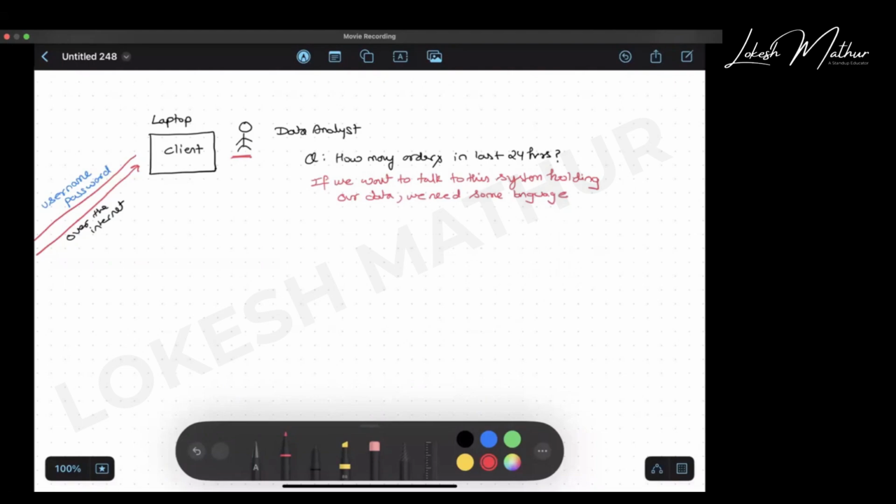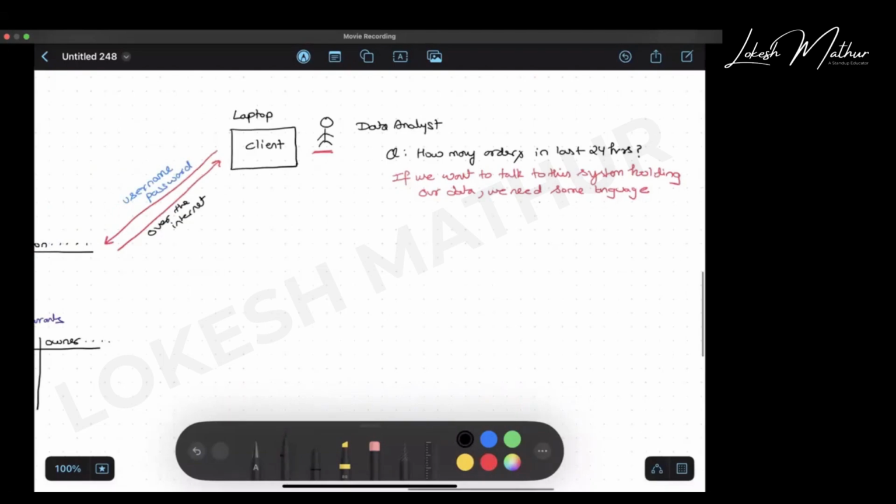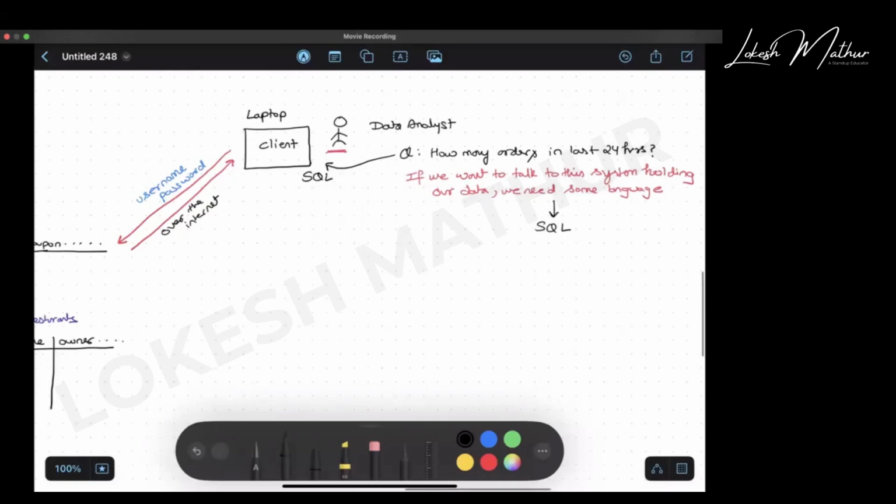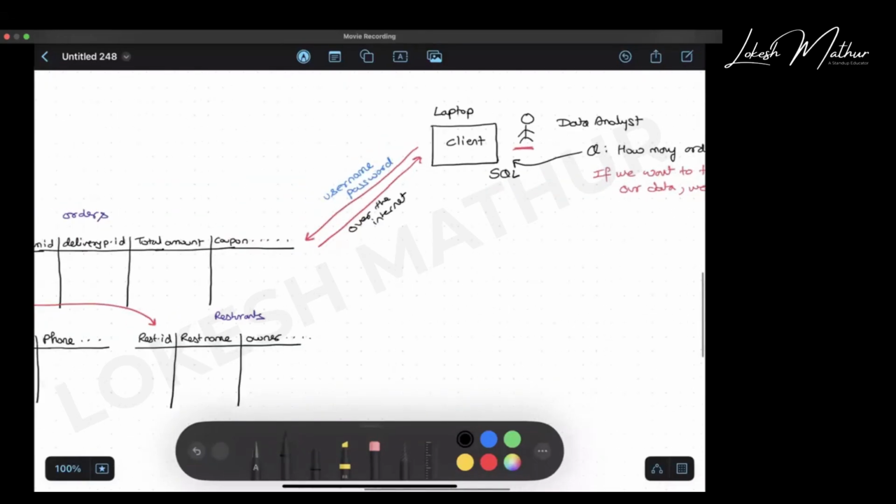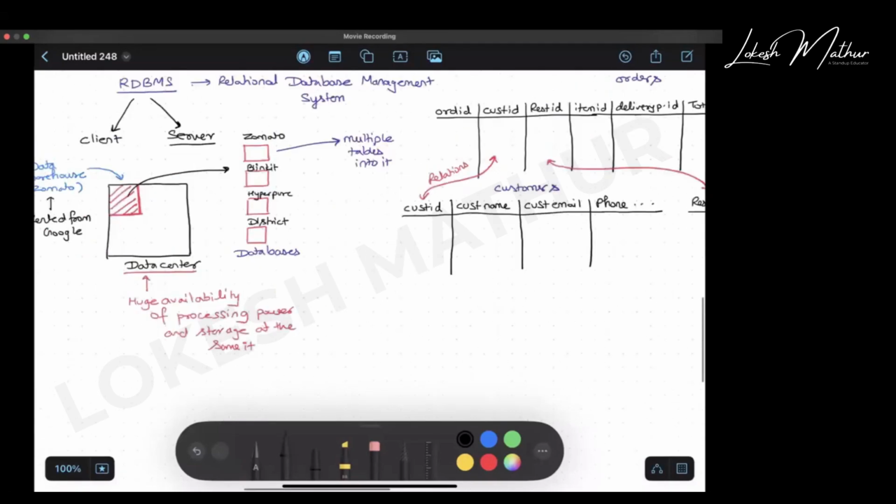And that is where the language comes into picture, which is SQL. So this person will be writing this question on this client using SQL language, and that SQL language is something that can be understood by your RDBMS system, and it will be able to get you the answer. Now the advantage is that since this particular server comes with both the data and the processing power,